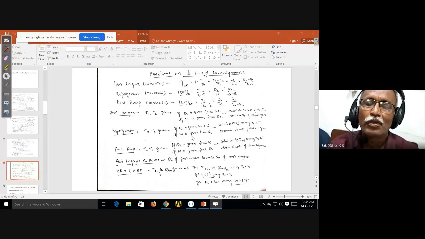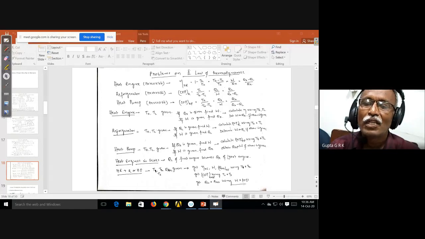Usually these types of problems you will get are simple problems. Or you may be given some heat engines in series. Okay, if two heat engines are in series, this also we have done. Heat engines in series means the heat rejected by the first engine will be the heat input to the next engine. Okay, so QL of the first engine becomes QH of the next engine. So like that we will have a series of engines. Then you can solve the problem in the same way as we have done here.